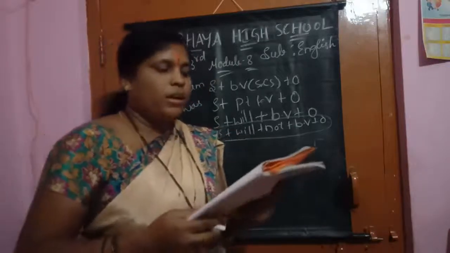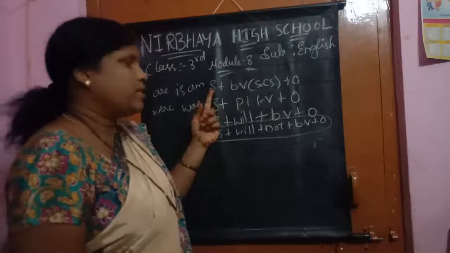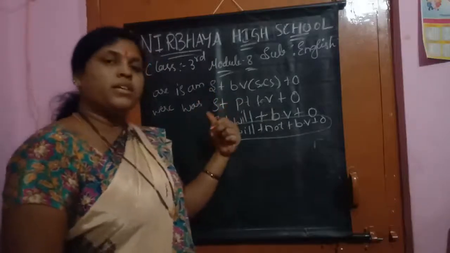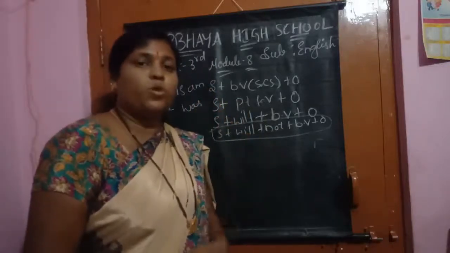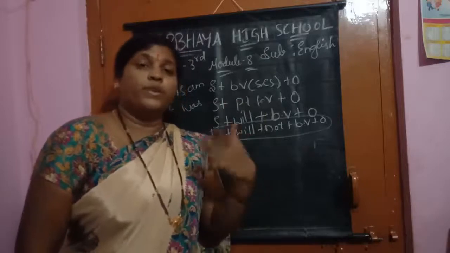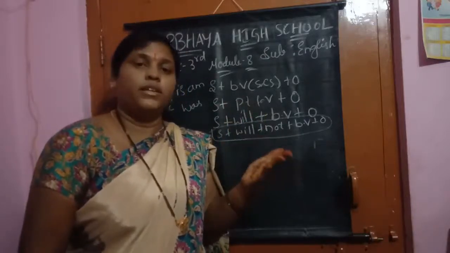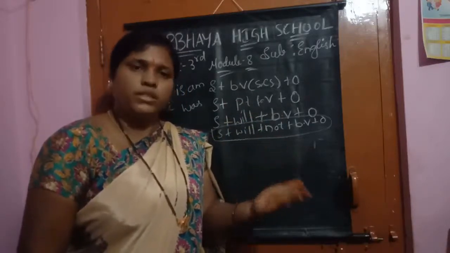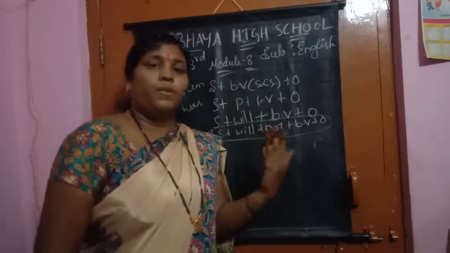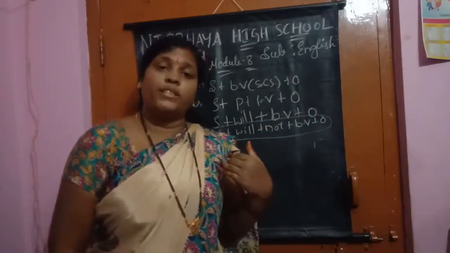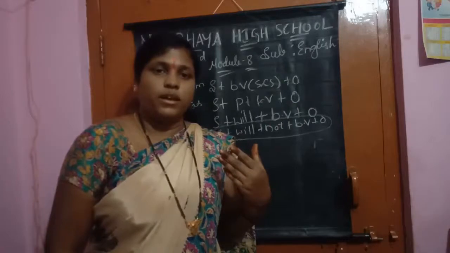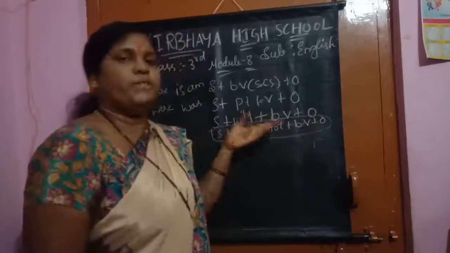See here. Now what we have learned here are simple present tense, simple past tense, and simple future tense. Future tense means what we are going to do next. That is the simple future tense. Yes, you will be having the exams, FA2 exams. We will tell it like this. That is a future tense.